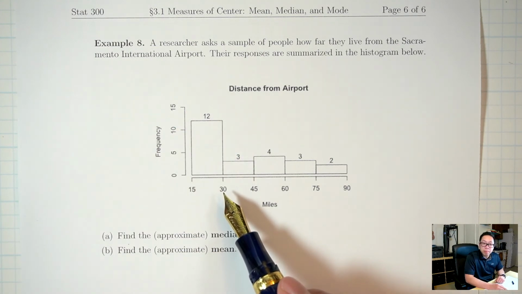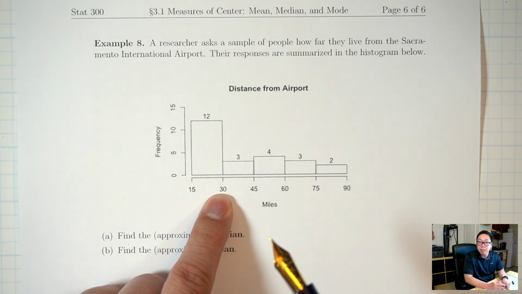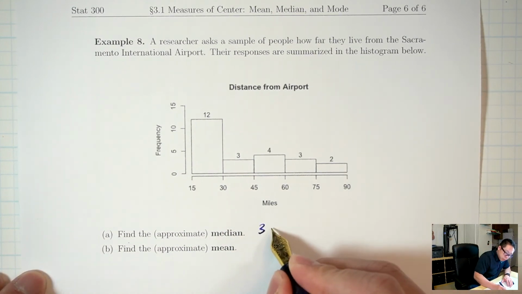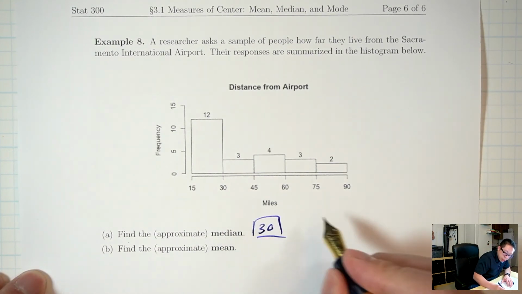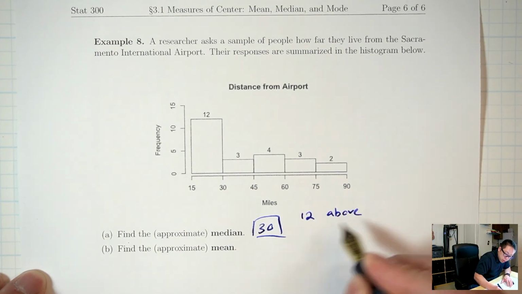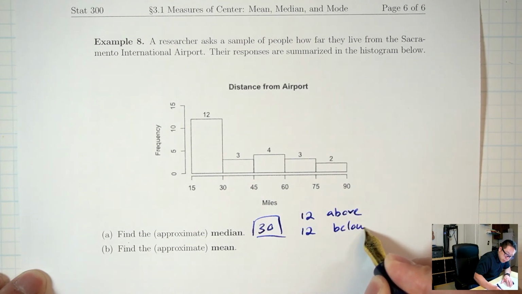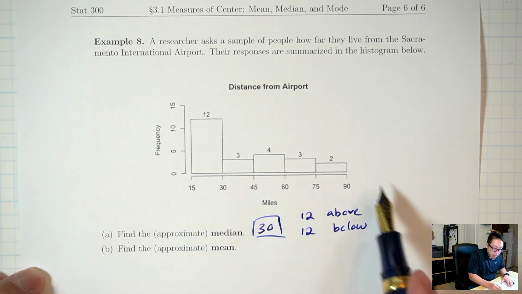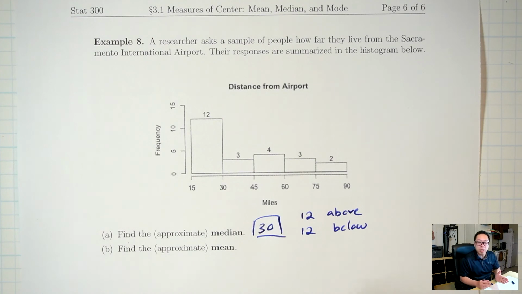It's the same above as below, so 30 is going to be the median. That's because there's 12 above and 12 below. So just guess and check these numbers until you have a number that has the same total frequency above